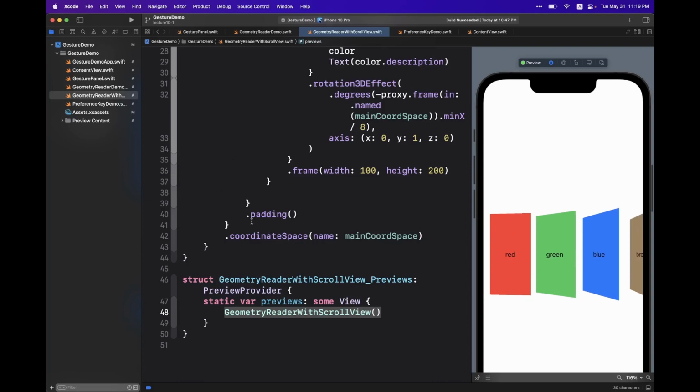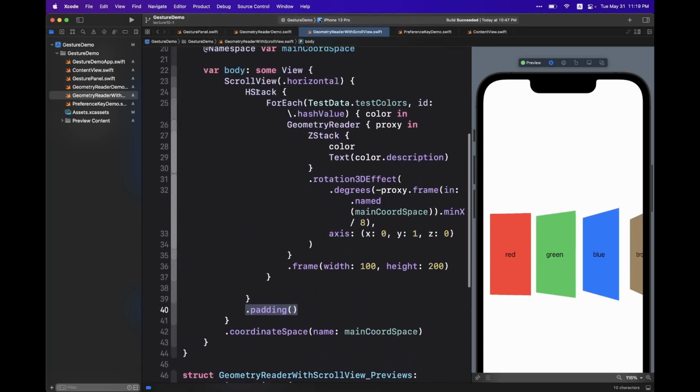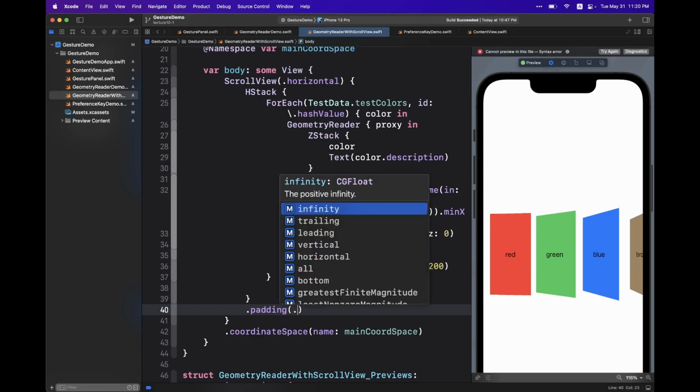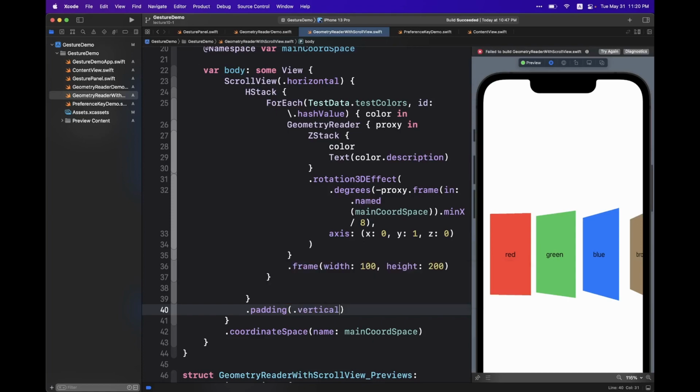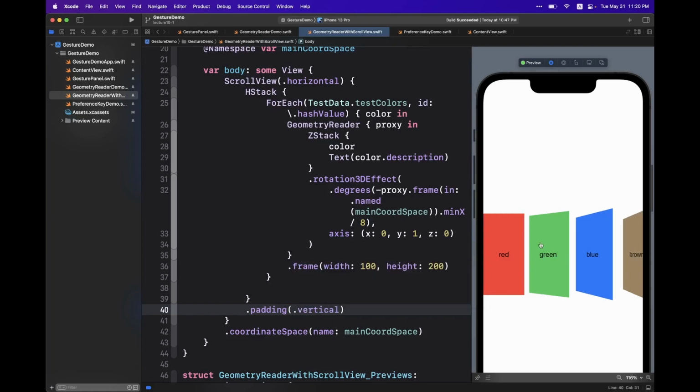The reason is I applied a padding on this internal edge stack. So when we access the main core system of this scroll view, it still has some kind of offset, so this is not going to be 0. We can tweak this by only applying a vertical padding on this stack. Now we can make this actually align